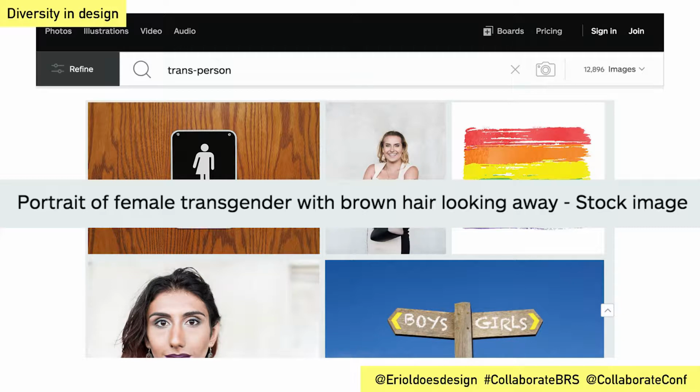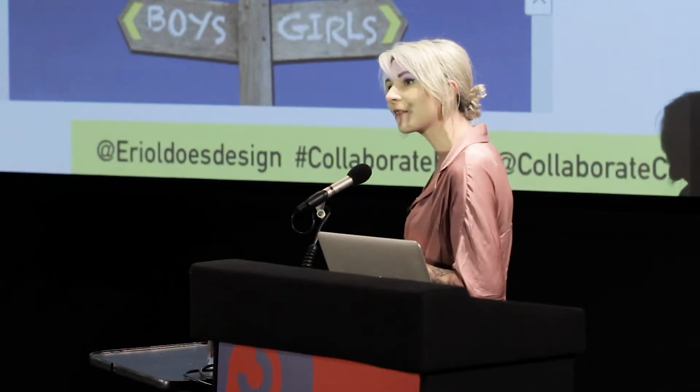You should look it up. I think it was originally designed to be a cape or something like that. Or maybe that's just wishful thinking. So we've also got a pride flag, and we've got some things around boys and girls. And I was like, okay, this isn't too bad. This is better than I expected.